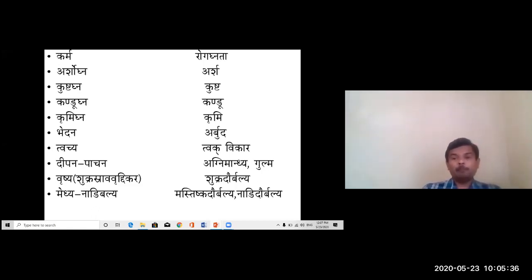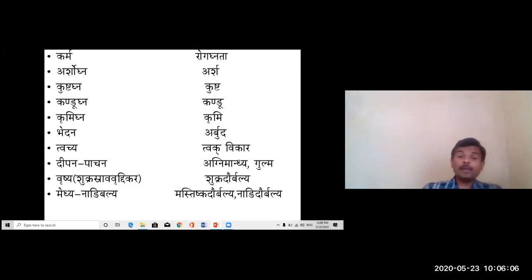The production is there, but it is the opposite condition of premature ejaculation, where Shigra Skalana happens immediately and Shukra Srava takes place. But here it is the opposite condition, where Shukra Srava does not take place. In such conditions, you can use Shukra Srava Vruddhikara. In that aspect, they consider it as Rusha.